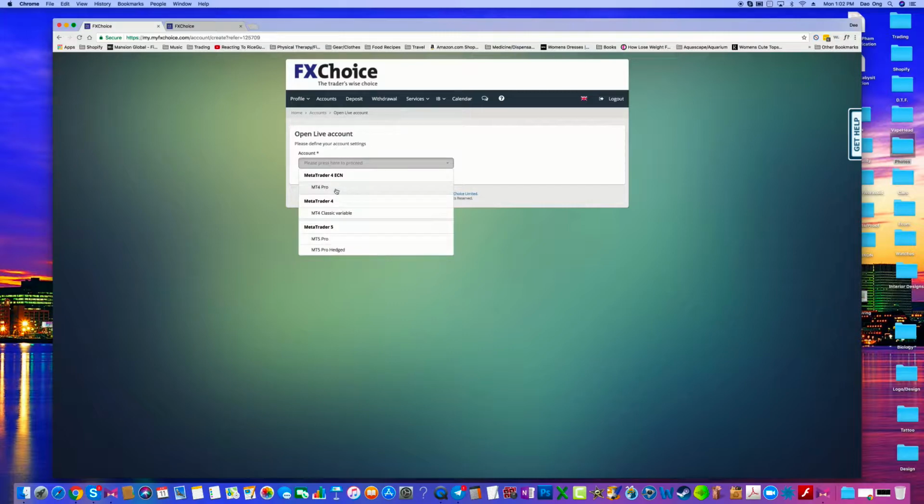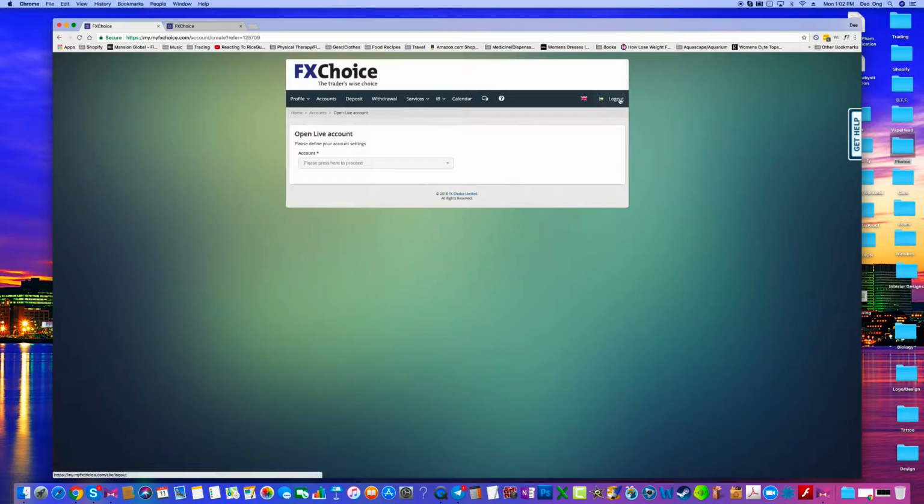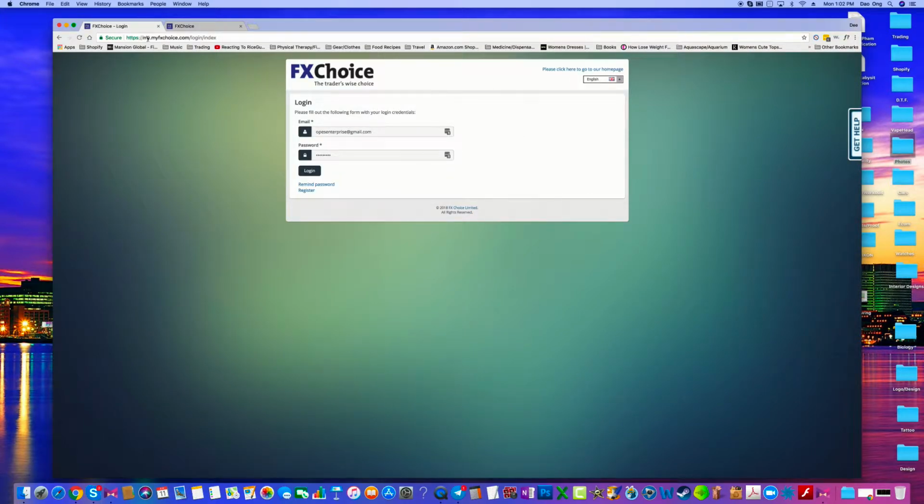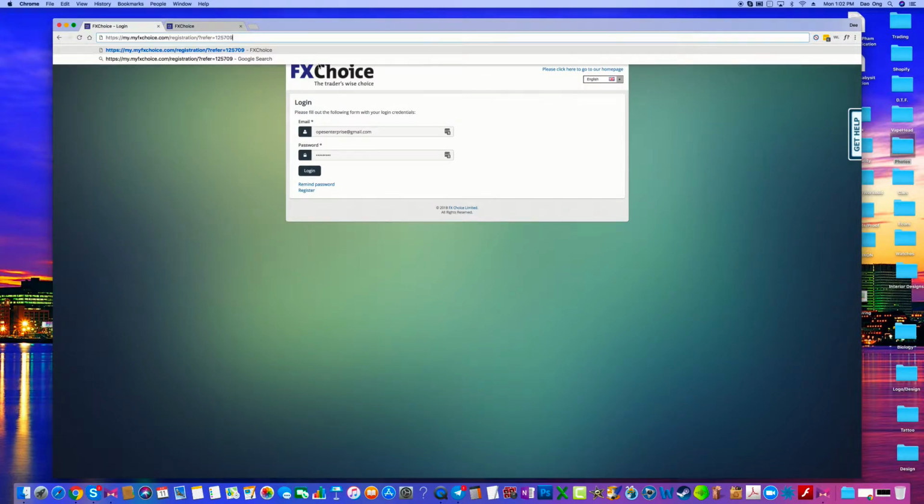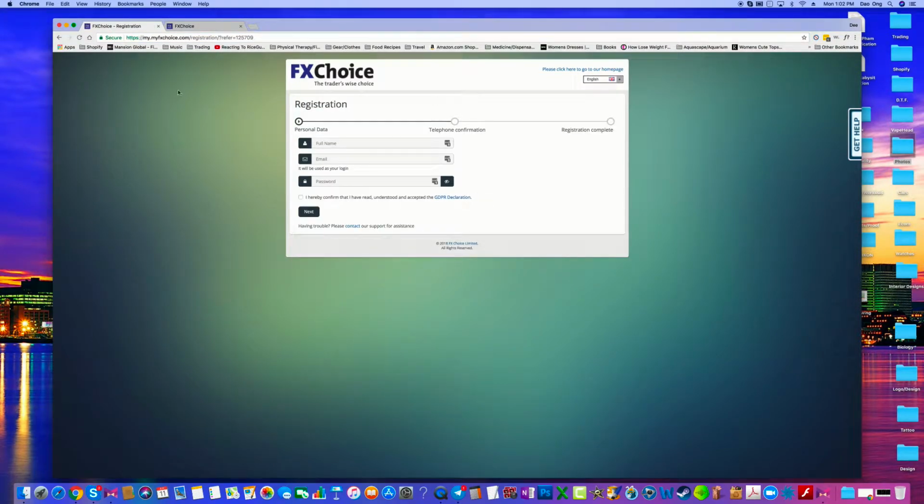Okay, so I believe because I'm logged in already, that's why it's coming to this page. Let me try and log out here. Okay, yeah, so that will bring you to this page, and just enter your information, email, password, and make sure you check this box for confirmation, hit next, and once your registration is complete, you should get an email from them